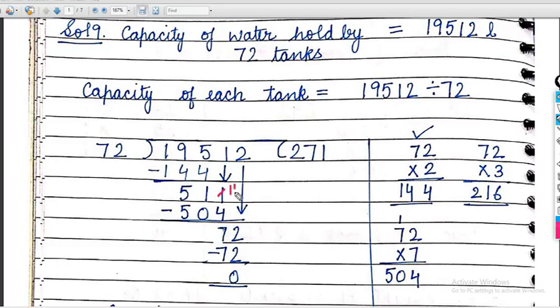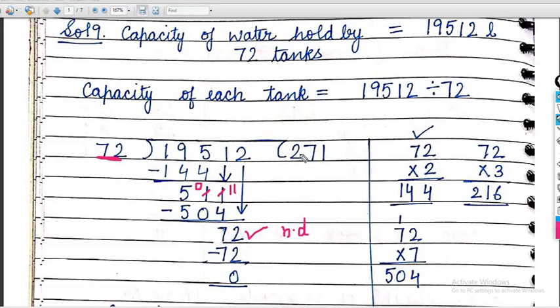This one will become 11. This one will become 0. 11 minus 4, 7. Now this is the time to carry down the next digit. Now 72 is coming, which is exactly 72, a new dividend. Yes, of course, the same number comes, at 1 only. So 72 ones are 72.